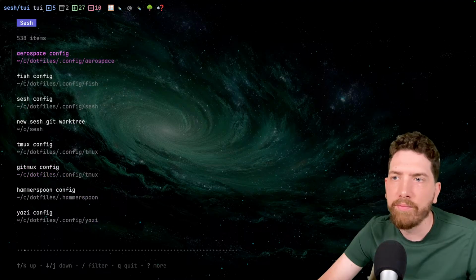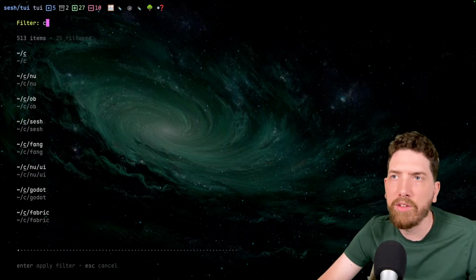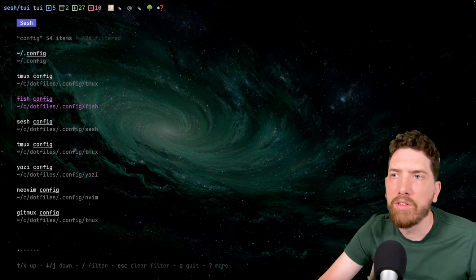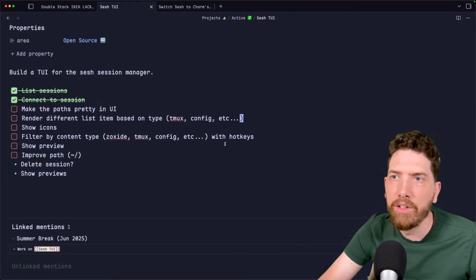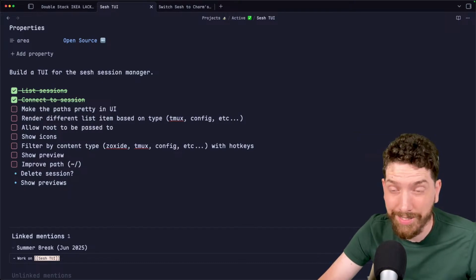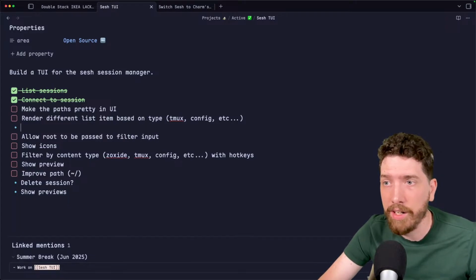Yep. So like tmux, let's just do configs. So here's all my configs. Cool. And it works. What I also figured out is I need to do the allow root to be passed to. How does this work? Allow pass to filter input. And then how do I like auto select